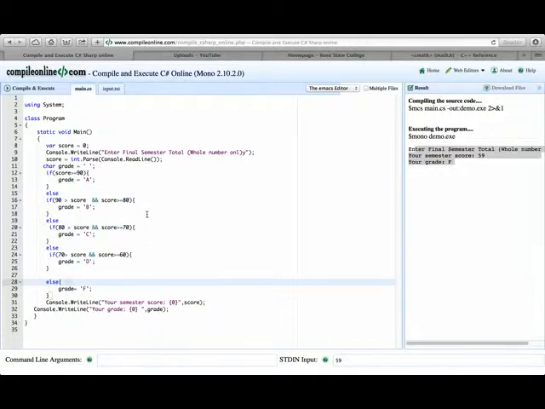Else does not have a comparison condition. Don't make the mistake of putting else, round braces, and some condition. Else does not. Else is just an alternate. And also you can put them on the same line. C# allows that. So if grade is now, let's say 95,